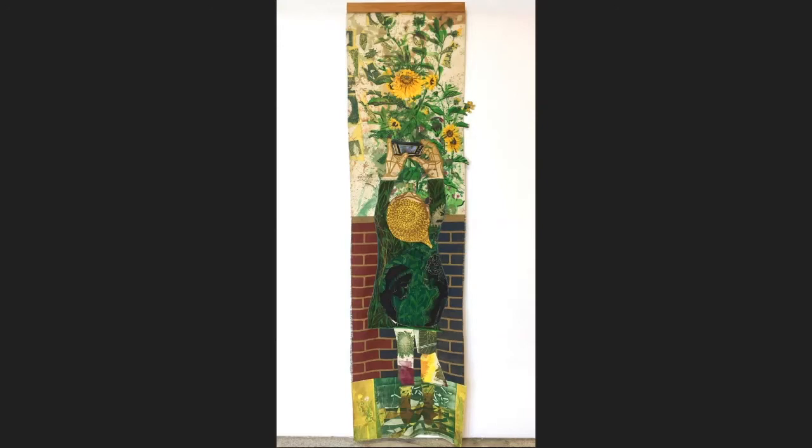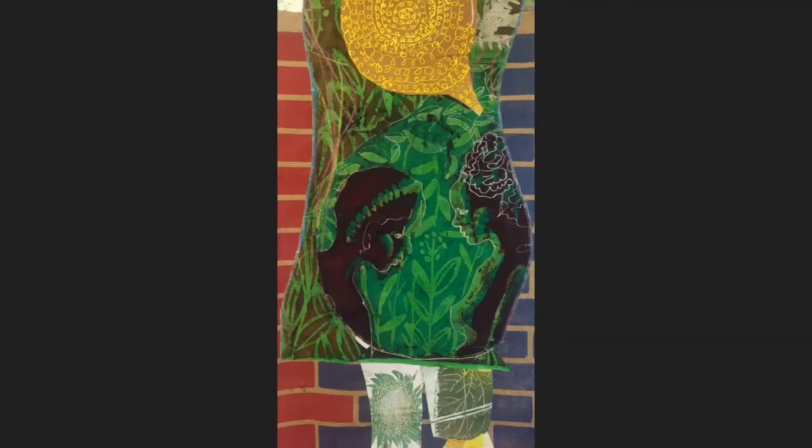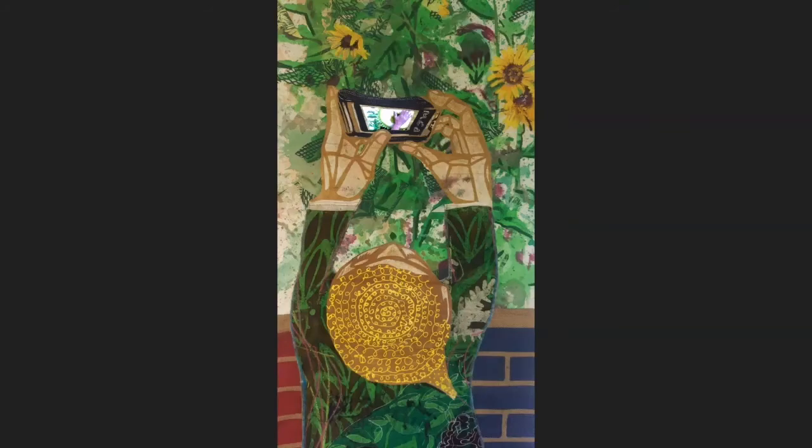Here's another piece that seems related to that interest. I really find the way in which we are with our phones fascinating, this desire to capture the world in front of us, and how we become the things that we're looking at. So here's this figure who's kind of trying to take this picture of a sunflower, and yet